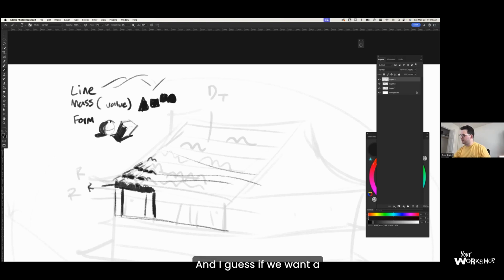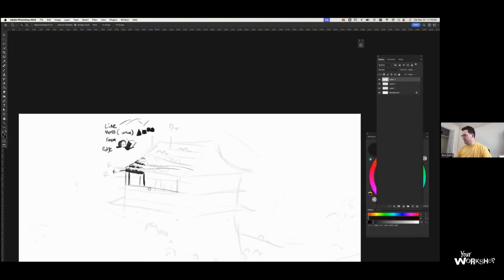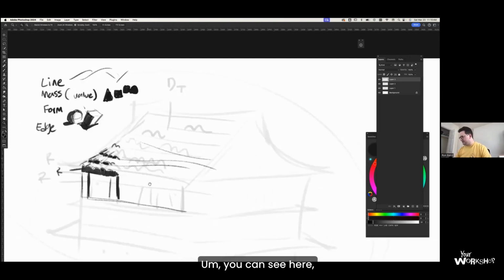And I guess if we want a third, we can say edge. Here we have a soft edge that tells me that this form is rounded. Here we have a hard edge that tells me that that form is angular. You can see here,